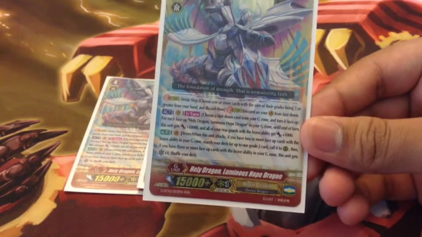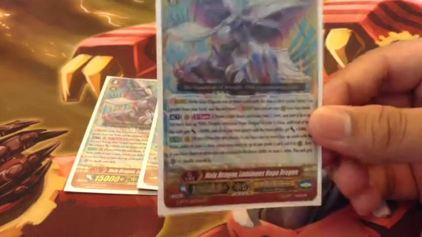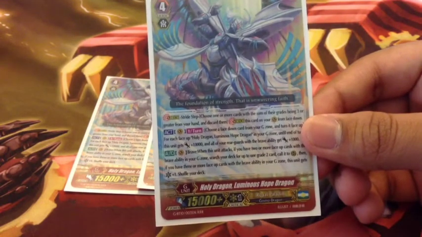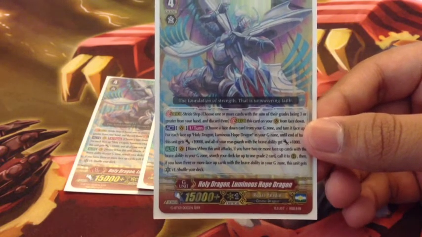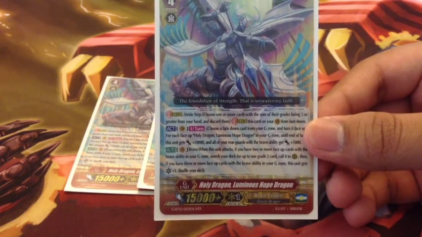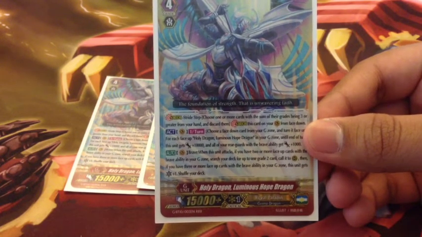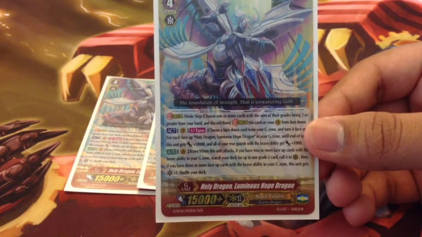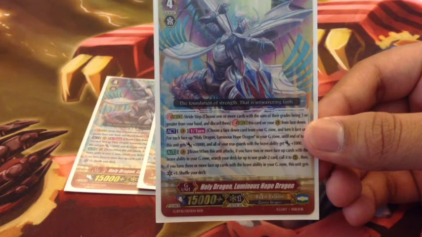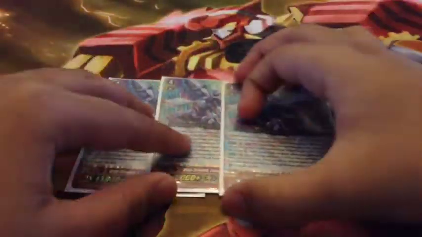And then all of your rearguards with the Brave ability gain plus 1,000. That doesn't really come into play. I honestly just use him for the power. But he has a nice other secondary effect where it has Brave. When this unit attacks, if you have 2 or more face-up cards with the Brave ability in G-Zone, search your deck for up to 1 grade 2 card, call it to rearguard. It could be any grade 2, it doesn't have to be a Brave grade 2. And then, if you have 3 or more face-up cards with the Brave ability in G-Zone, this unit gains plus 1 critical. So obviously we have Brave strides in this deck to help make this effect go live, but you